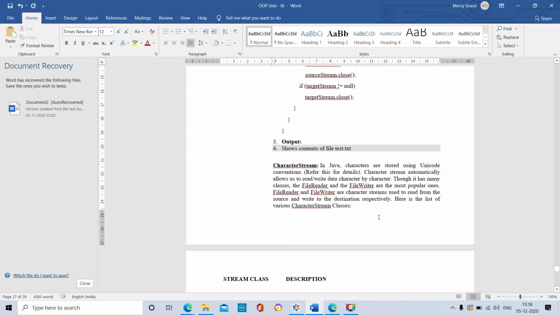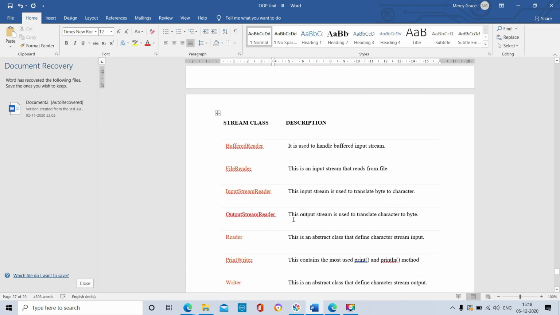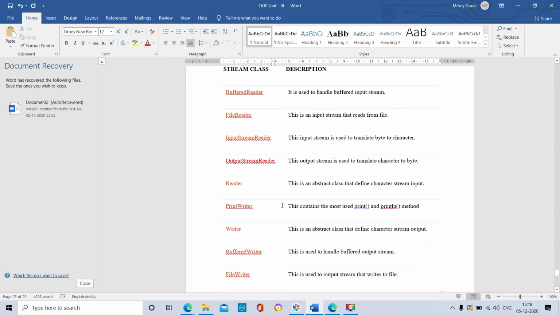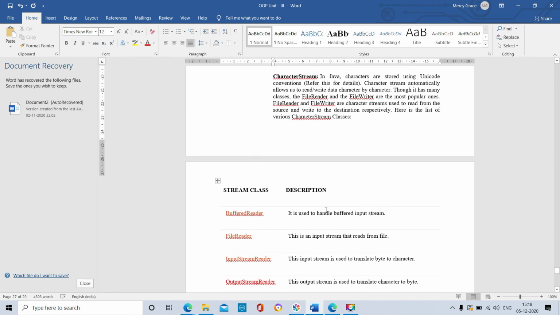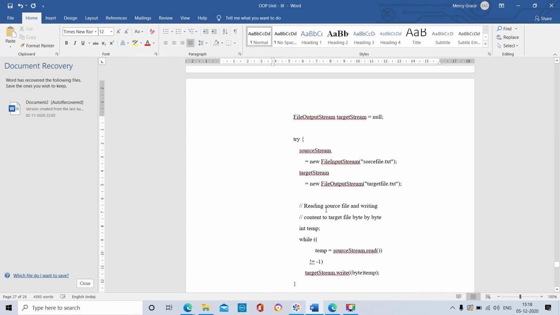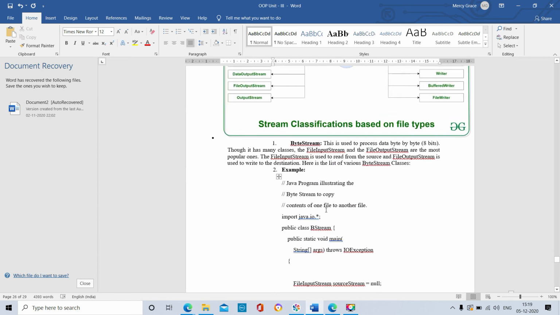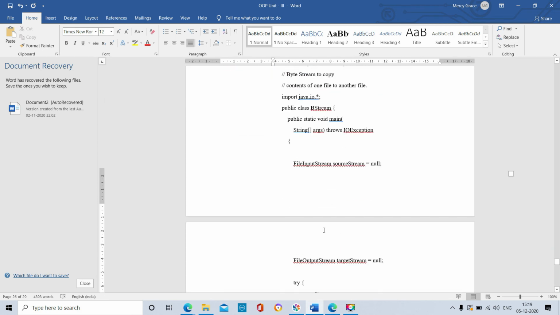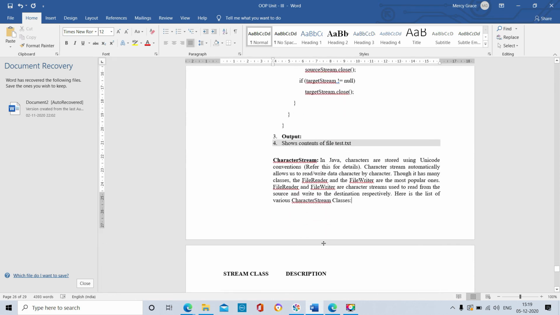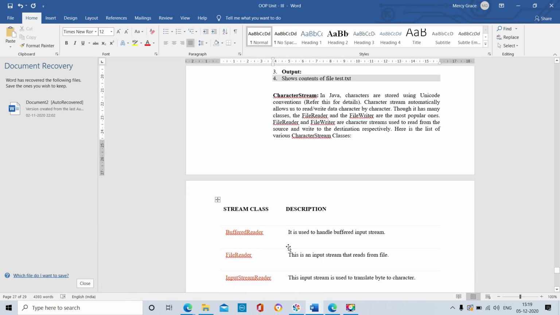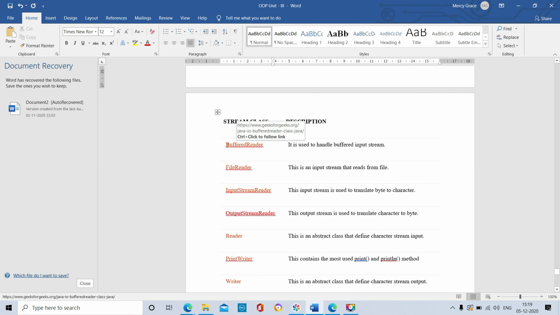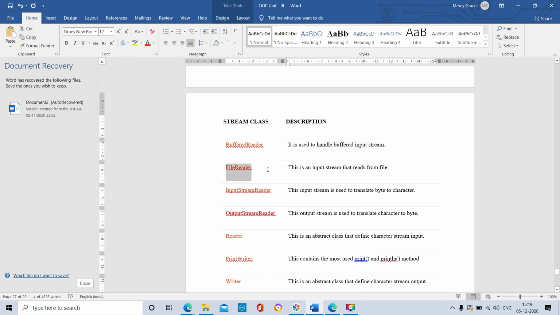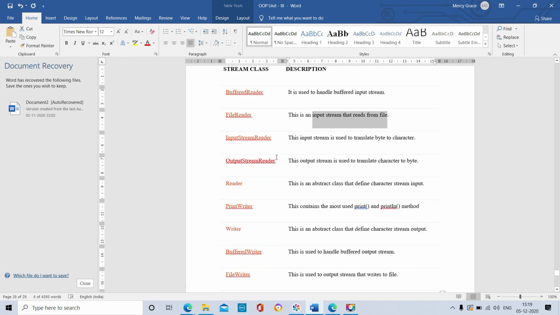Here also we have stream classes. Before, we discussed the classes under byte stream. Now we will discuss the classes under character stream. BufferedReader is used to handle buffered input. FileReader reads from a file. InputStreamReader, OutputStreamReader, and PrintWriter are also there.